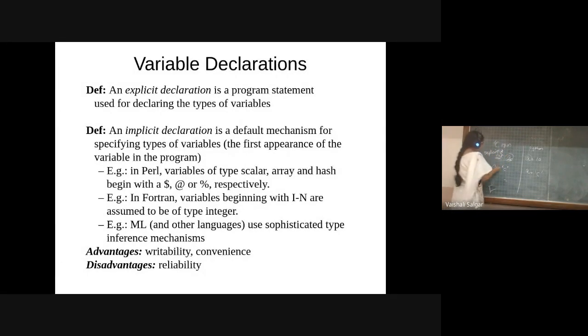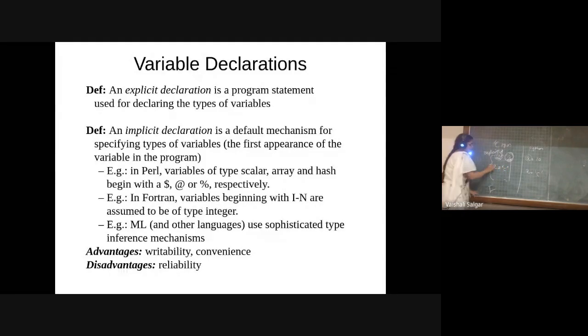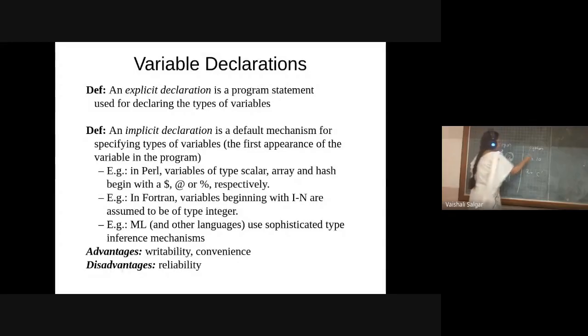Whenever I explicitly mention that A is an integer variable, it stays an integer type for the rest of my program. If I then try to assign a character value to this integer, it won't work. Immediately the C program will give a type mismatch. Am I right? All of you agree with me? Correct.